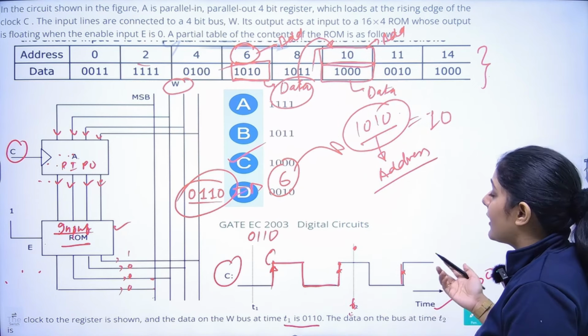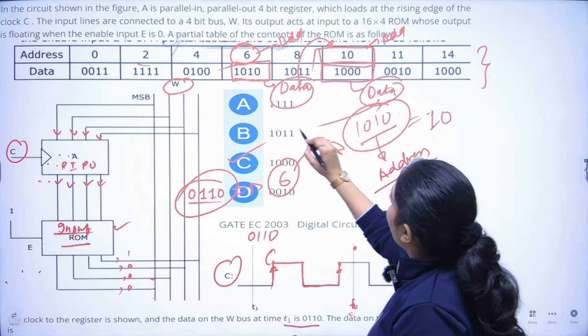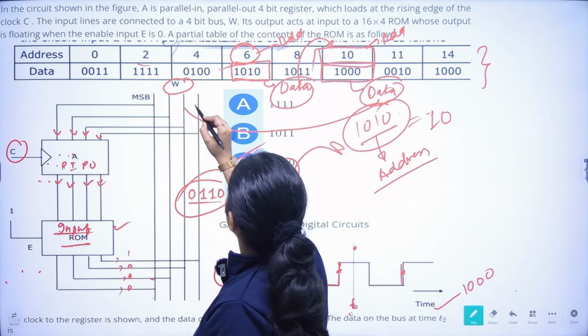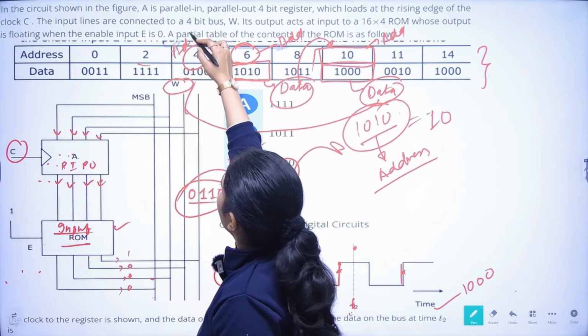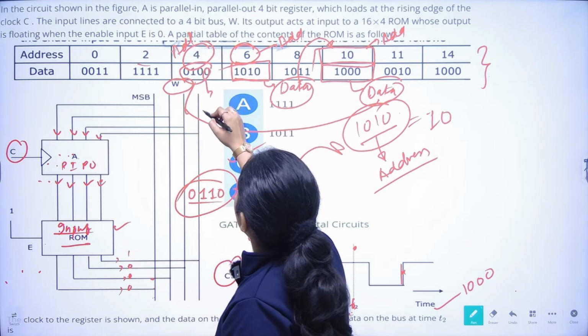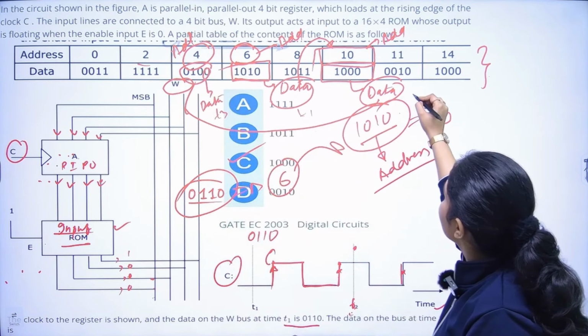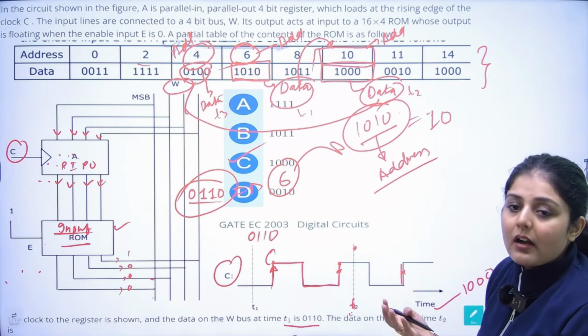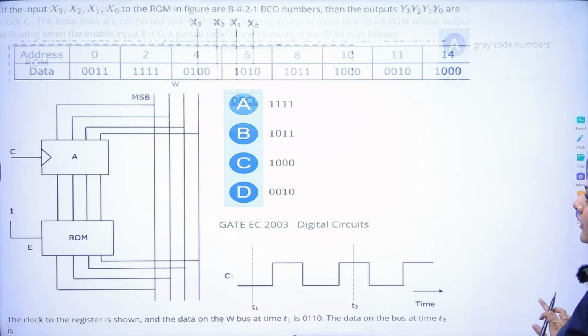And this is, for example, for T3. For T3 this will become the address, and 1000 in decimal will be 4. So this will become the address now and this will become the data for T3. This is for T1, this is for T2. This is how the memory actually works. Right. Next question.